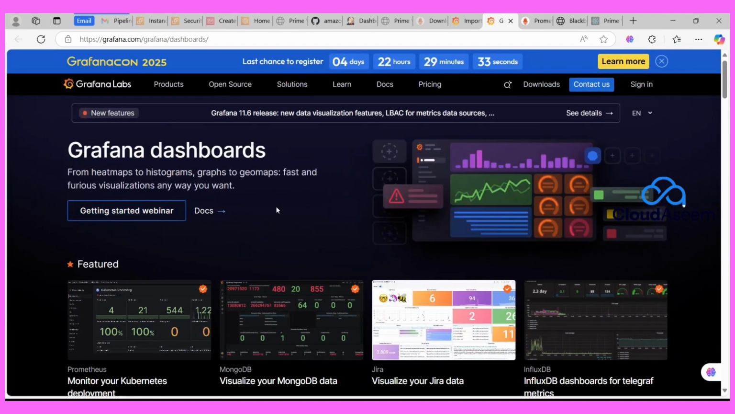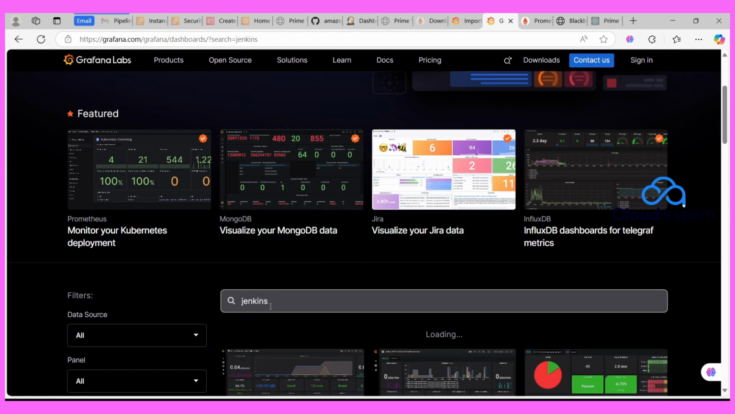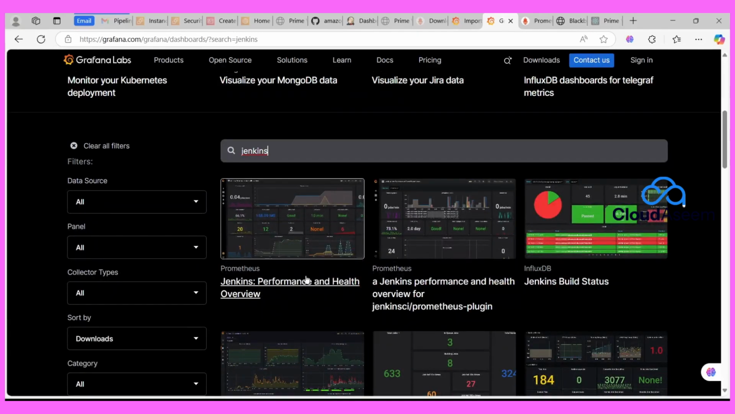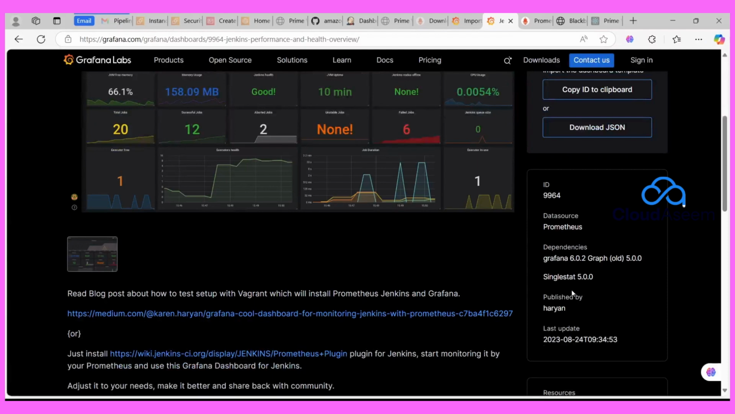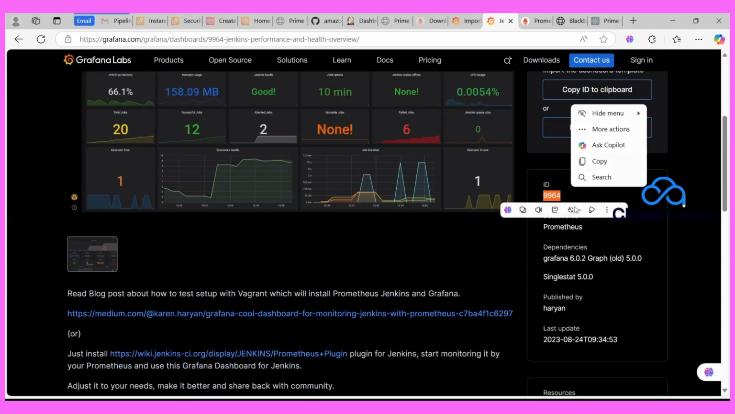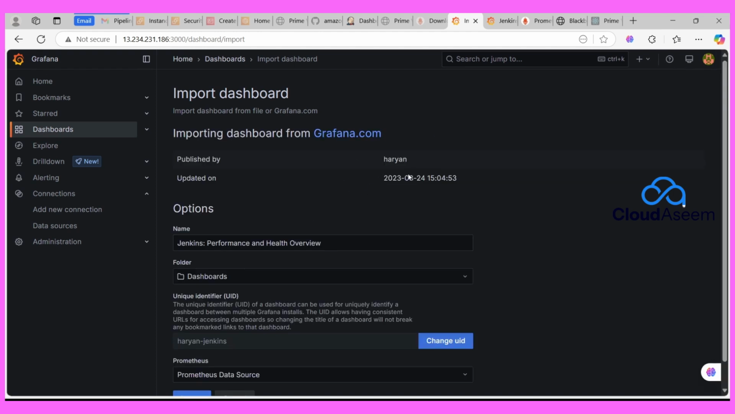First I'm going to search for Jenkins. Okay, so Jenkins is available. I'm going to click on this, then one ID will be given to us. I'm going to copy the ID of this, then go over here and paste this. After pasting, I need to click on load, so it will take this pre-built